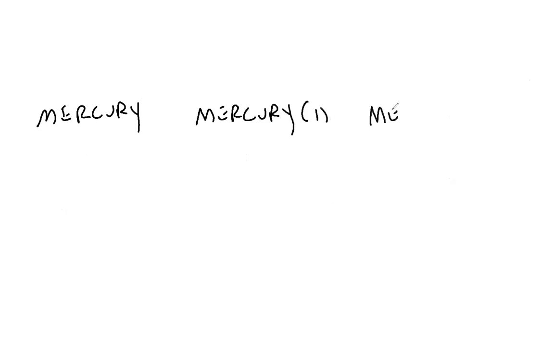All right, and last, I'm just going to go over mercury. So we have mercury, the metal. Just plain old mercury. We have the mercury, Roman numeral 1 ion, and the mercury, Roman numeral 2 ion. The symbol for mercury is just Hg. The mercury, Roman numeral 1 ion, this is an exception. It's the only ion I know that is like this. It is